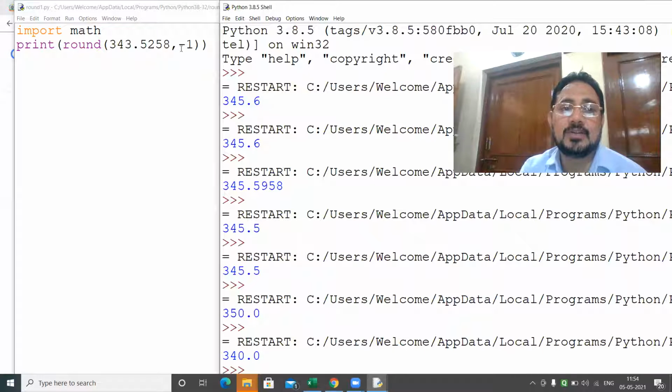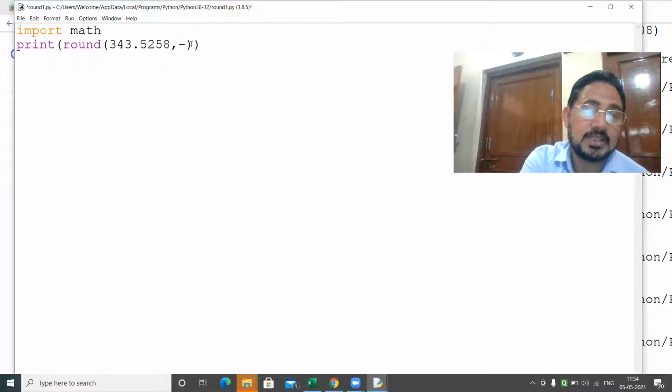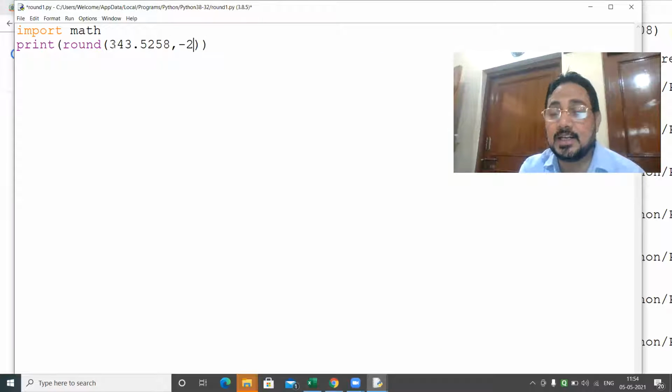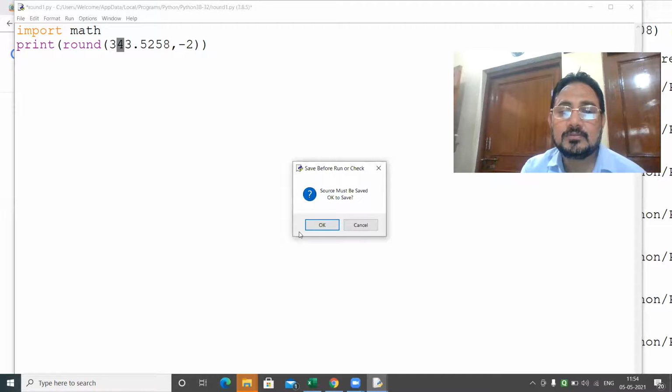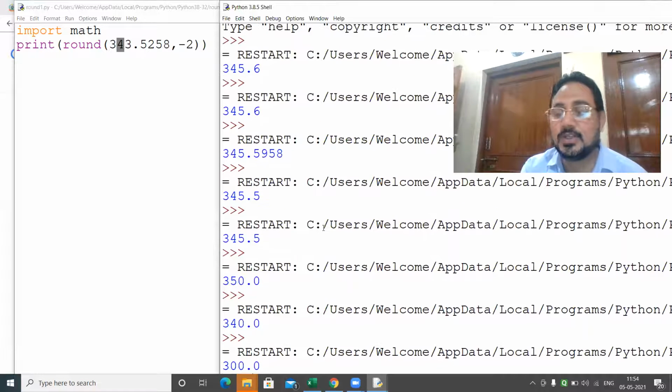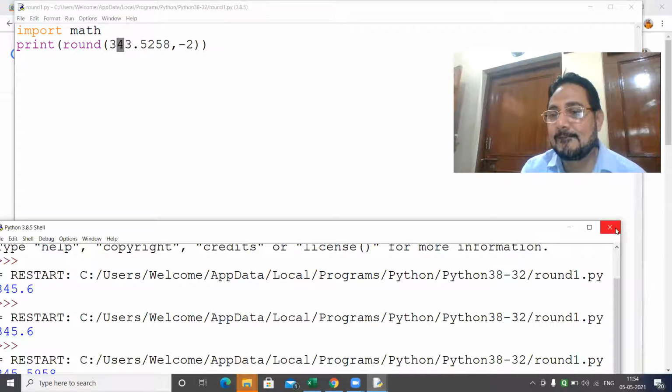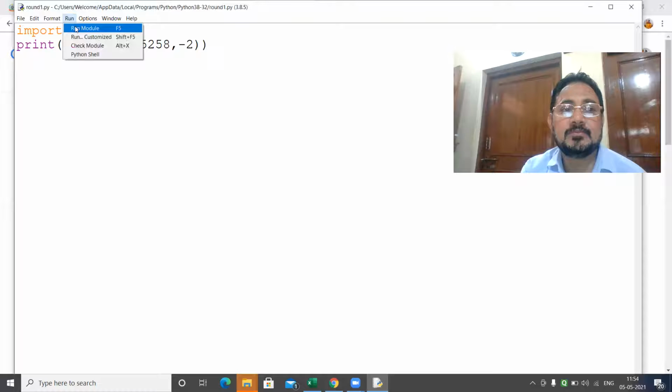Now, once you give here -2, rounding off at hundreds place, that tens place you check, it is 5 or less than 5, more than 5 or less than 5, or equals to 5. So if it is equal or more, then rounding off will take place. It will become as 400. Otherwise, it will remain 300. Now see, at present, I will get 300. See here, 300. Clear? Run it again.